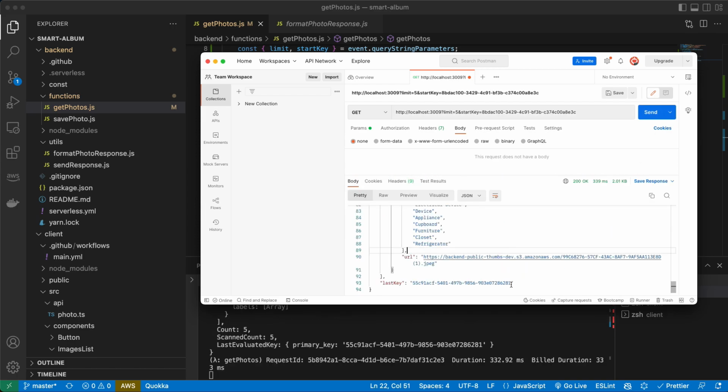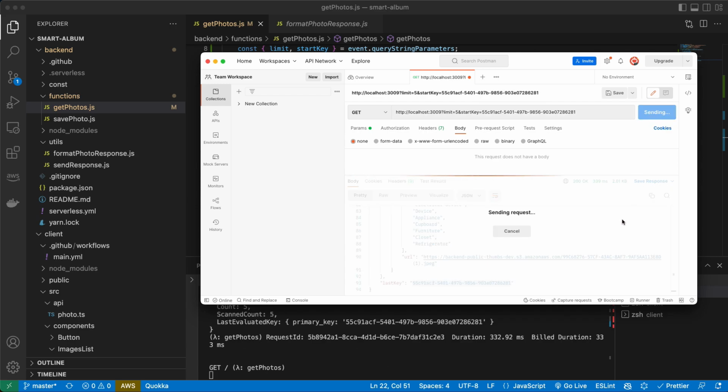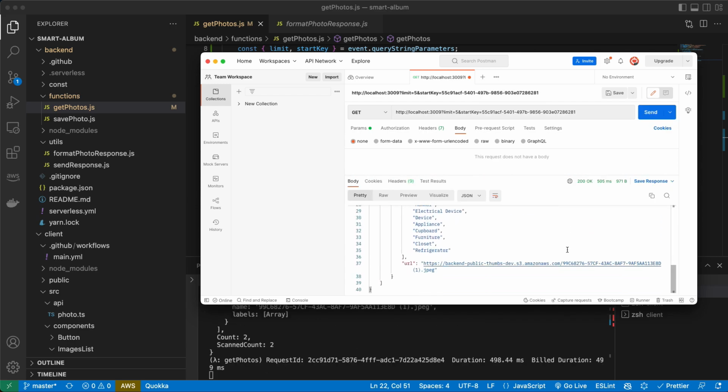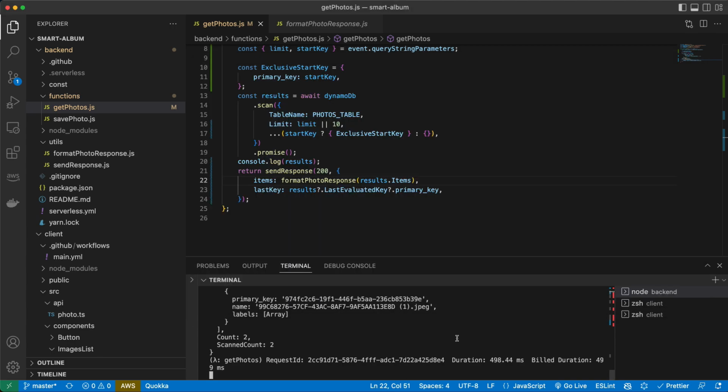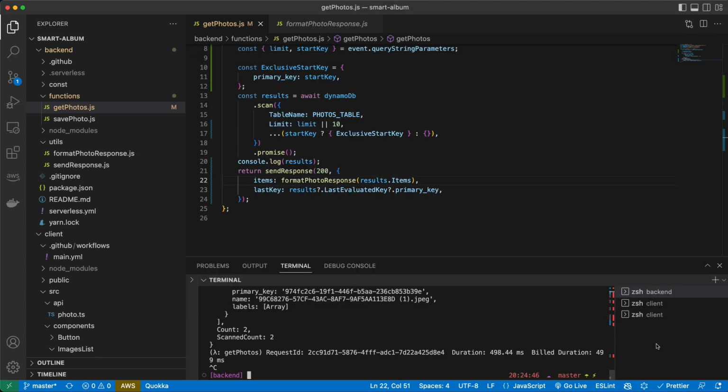And it will get us 5 next items, and again the next start key will be this one, and we are getting the last items. So that's how we're gonna loop through our table when we're clicking this more button. And now when it's done on the backend, let's commit it,